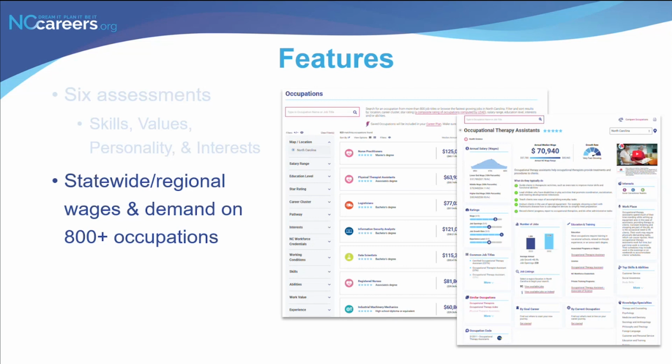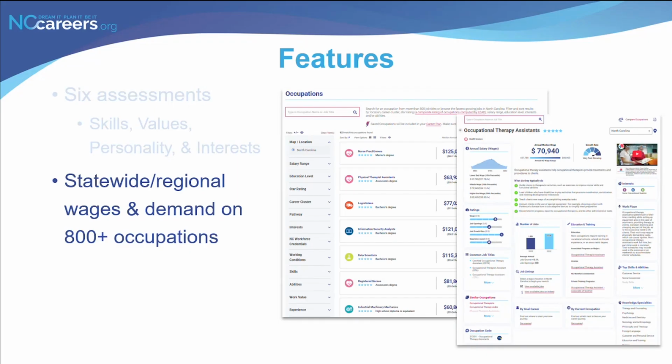Once a user finds an occupation they want to learn more about, they can click on it and it takes them to the full occupation profile page, which is the screenshot on the far right. These profiles have comprehensive information covering what that occupation does, what the wage range is, job outlook, work environment, and so much more. This pulls data from multiple different sources: labor market information from LEAD, the BLS Occupational Handbook, O*NET, and videos from CareerOneStop. Again, users or job seekers don't need to go to multiple different sources to find information. They can go directly on this page and find the information that they're looking for.